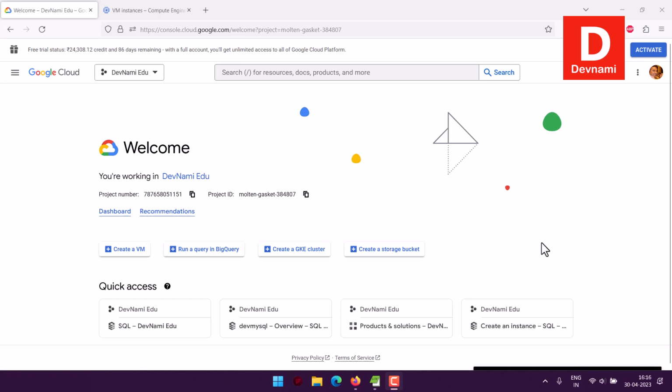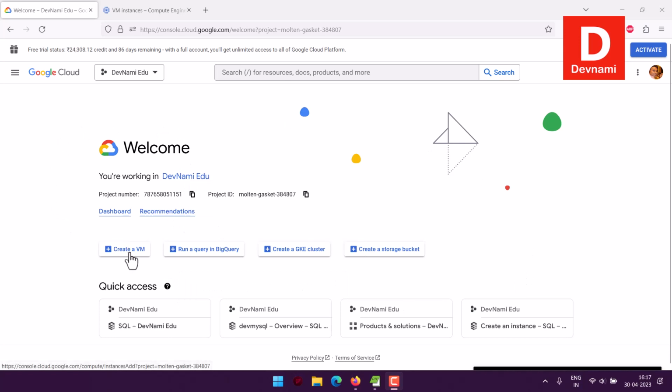Okay, so let's take a look at how you can create the AlmaLinux instance on Google Cloud's VM. For that we will be using Compute Engine on Google Cloud. So I assume that you have created your trial account with GCP along with setting up your project as well as the billing part. Once you set up the project, you will get a dashboard like this